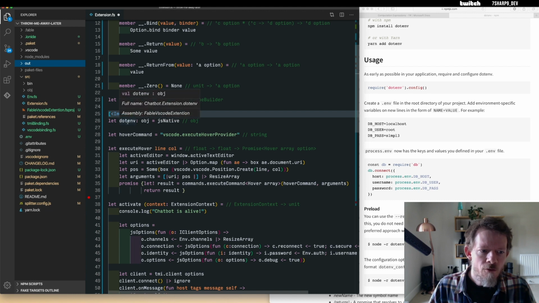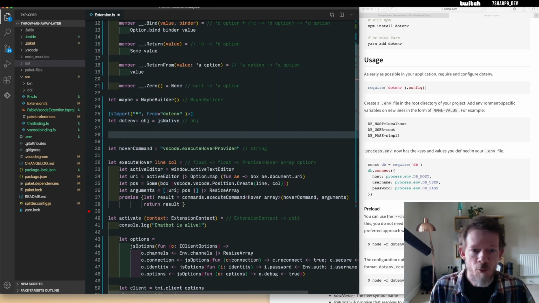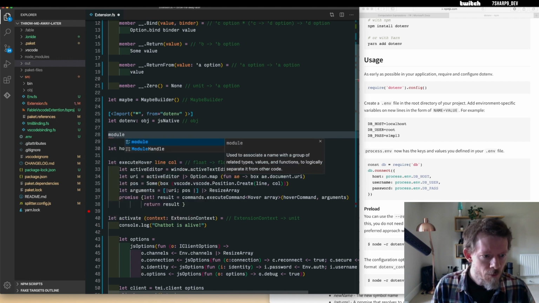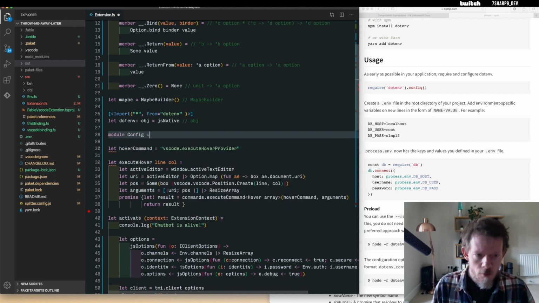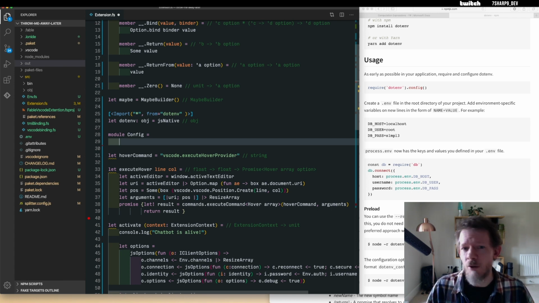So now that we've got .env working, the quickest way we can probably use it without having to create a whole TypeScript binding is we can create a module for this. So we'll have module config, and basically the way the .env works is it's all injected into process space. So now it's up to us. We can just extract that from the current process if we know the keys. So we'll create a module for config, and then